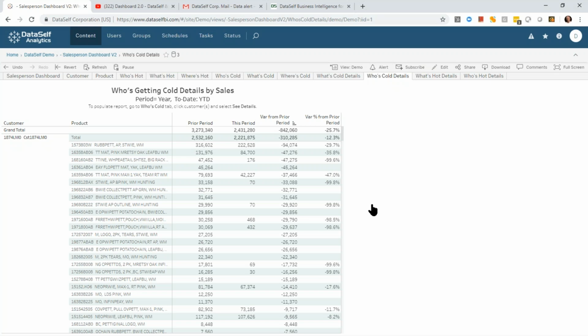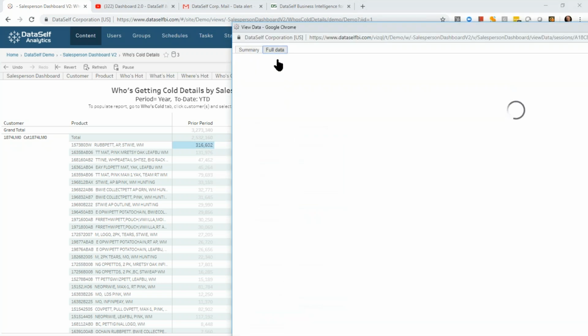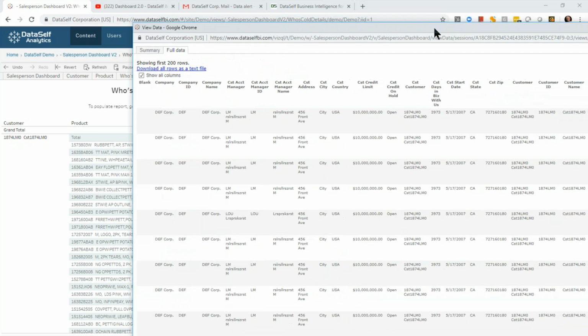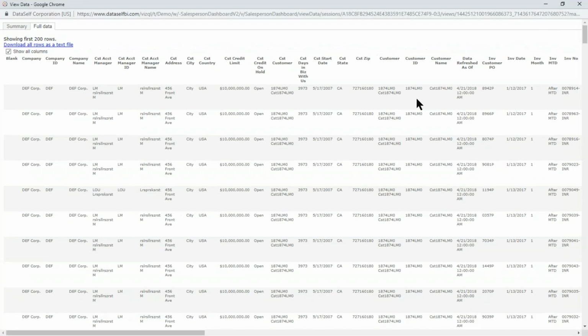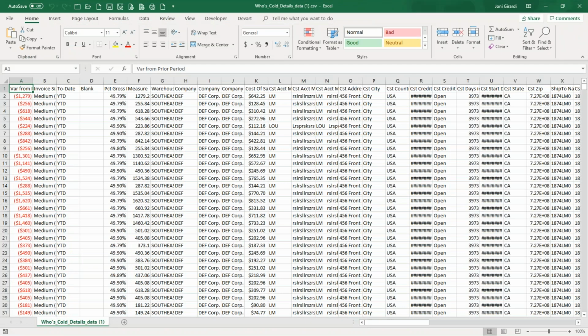And let's say, hey, actually, I want to see exactly what's going on with this sale. I want to see the actual transaction details. I can click on a data point. I can click view data. And when I click view data, I go to a view where I have access to every single detail: all the invoice numbers, the invoice dates, the items shipped, when they were shipped, the address they were shipped to, everything that is required to have a detailed view of this particular data point is right here. And if you want to download it and put it in Excel, you click download, it goes to Excel, and now you'll have the whole information in Excel that you can manipulate further in case you decide to.